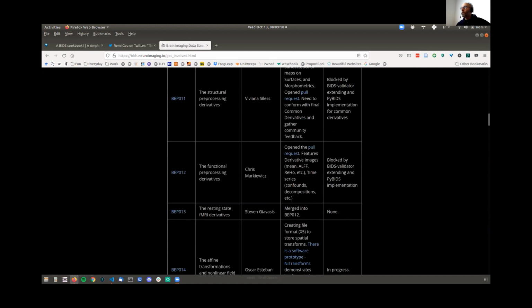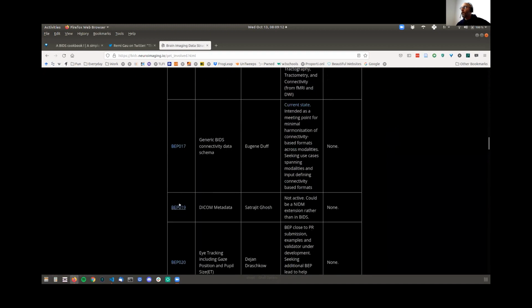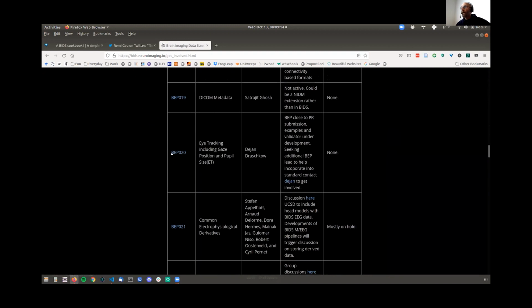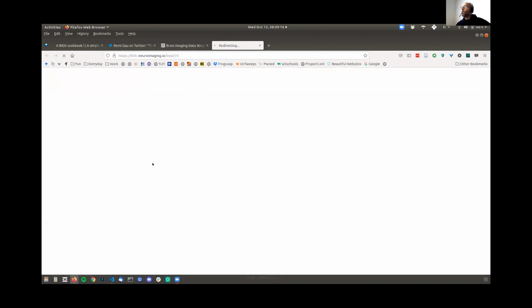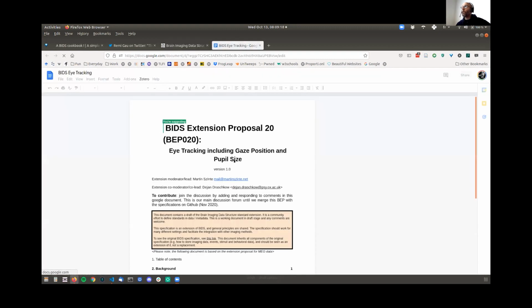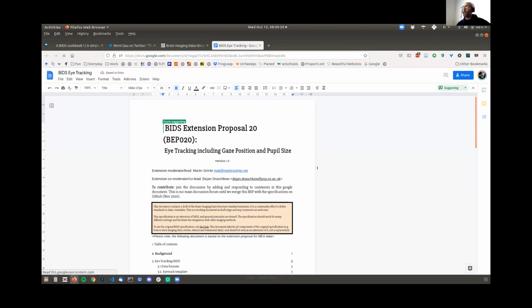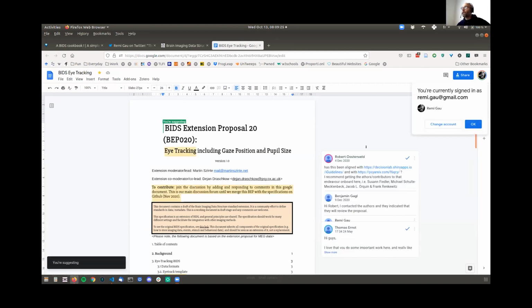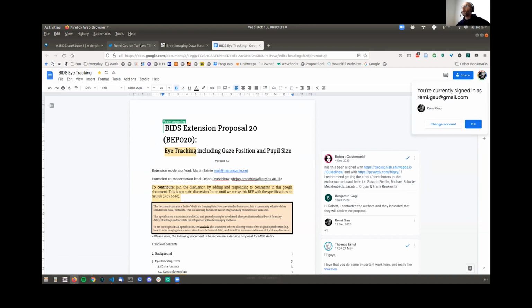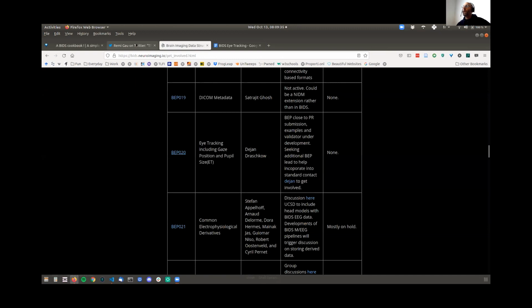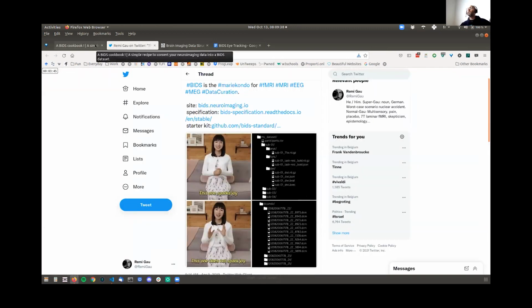For example, if you want to know what they are doing with eye tracking, you get a Google Doc where people are working on trying to expand the BIDS proposal and see how that type of data is supported. You can even participate, extend, and give your opinion on what that type of data should look like when you want to have it in BIDS.